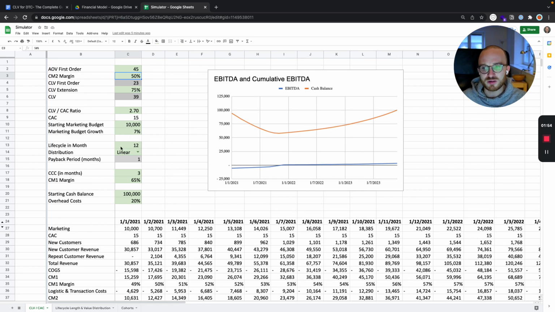Now we talk about the life cycle and the value distribution. So these 75% here are generated over a lifetime now of 12 months in this example. It's obviously something where you have to go into your data and check how long it takes for your customers to generate their lifetime value, and the distribution of that lifetime value is linear. So what does that mean? I made a little example here,